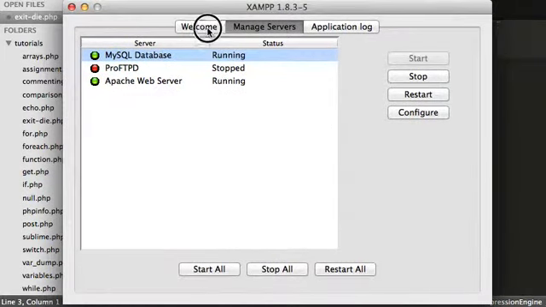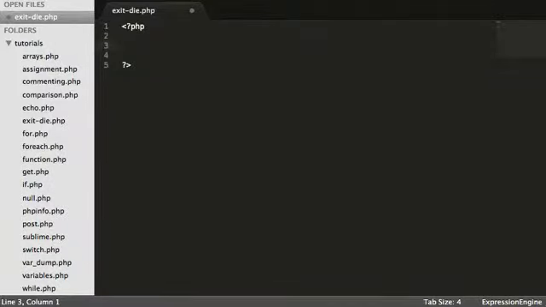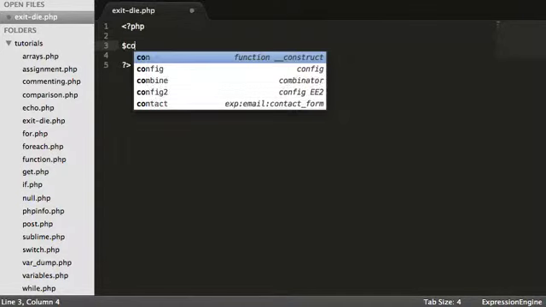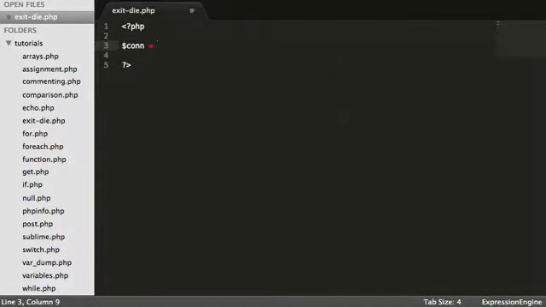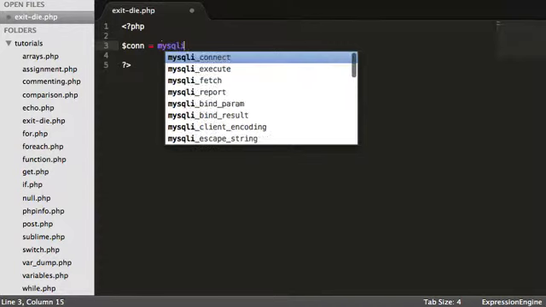When we launch XAMPP and go into manage service, all I've done is start the MySQL database. I've gone into the database, made sure that I've got a user, and created a test database. We'll talk further about databases a little bit later on. However, as I say, this is the die and exit function. So what we're going to do is say con, variable for connection, is equal to MySQL